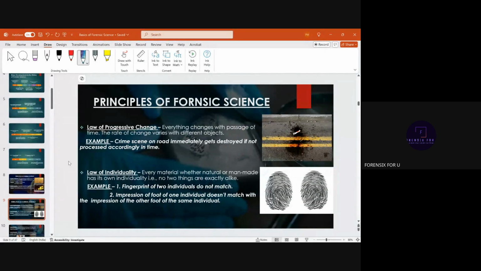So no matter what, be it a chair, a table, a tube light, or anything that you possess, anything that is naturally present in nature, or something that humans are making, everything is going to undergo a slow change with the passage of time, and it is inevitable, right? Even your handwriting changes with time.